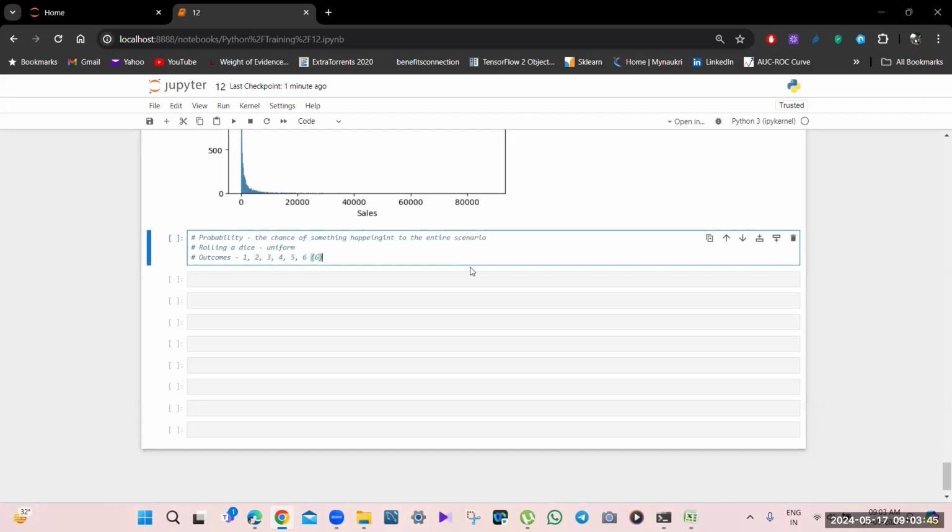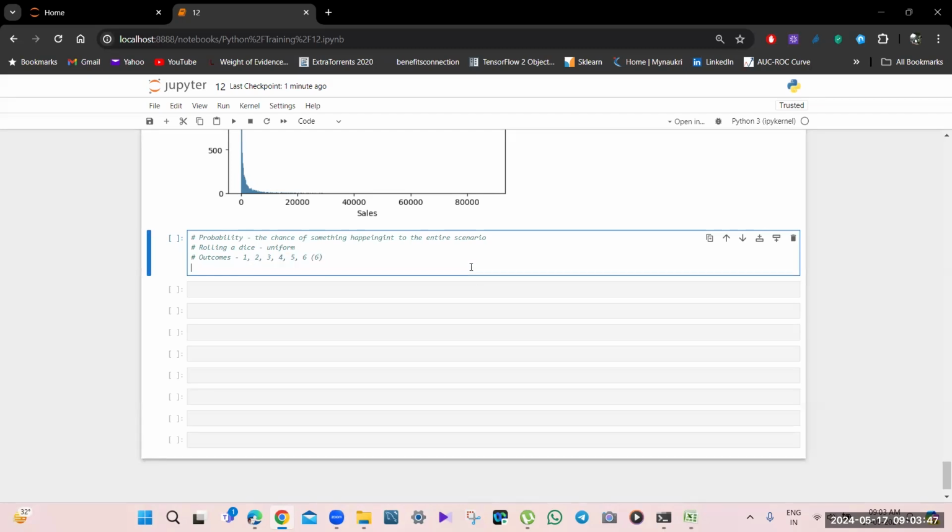Outcomes will be 6. And let's say I roll a dice, and I want to see the number 2. Then what is the probability that I should get 2? It will be written like P within brackets, the particular value that you're looking for. Let's say I'm looking for 2. Now, if I roll a dice which has these numbers printed on each side,